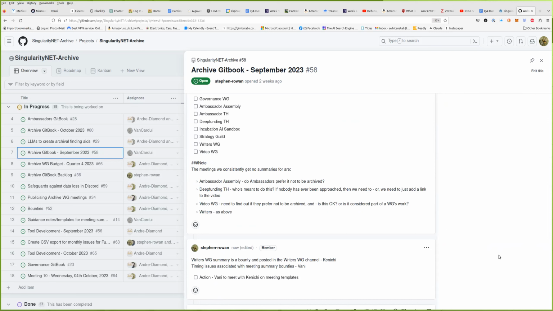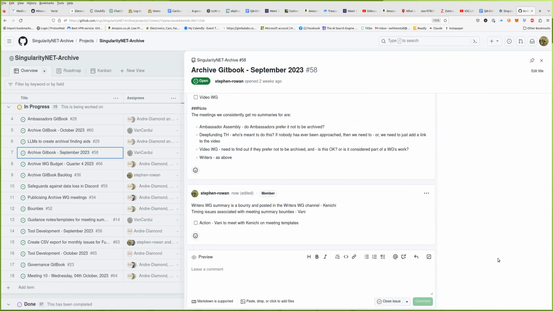Post it to the channel if that'll be more comfortable. It would be. If you just stick a link to the spreadsheet or doc or whatever it is in the channel, because part of the thing with the channel is it's a way that people can quickly have a look and keep abreast of what other groups are doing.